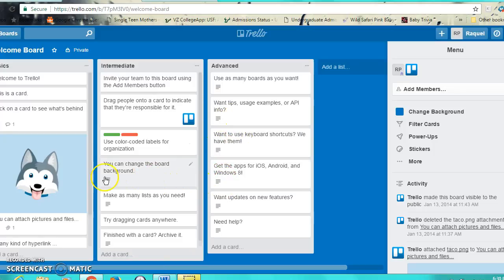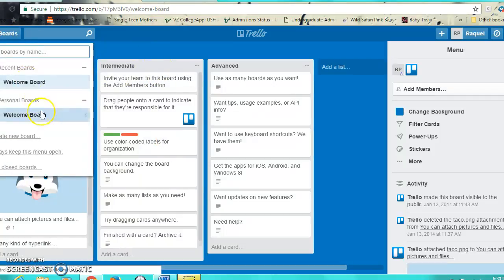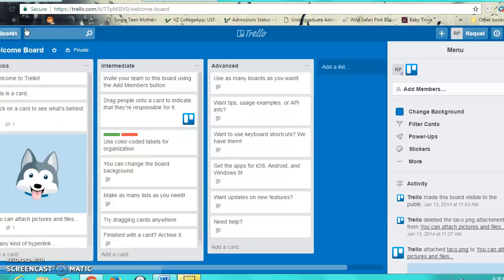So these are all different kinds of tips. There's our little mascot. I think it's a husky. And it shows you all the kinds of things you can do. You can even change the background, put stickers. I also read that for people who are colorblind, instead of just using these color coded labels, you can use patterns as well, which I think is good. Anyway, if you go back to your boards, oops,